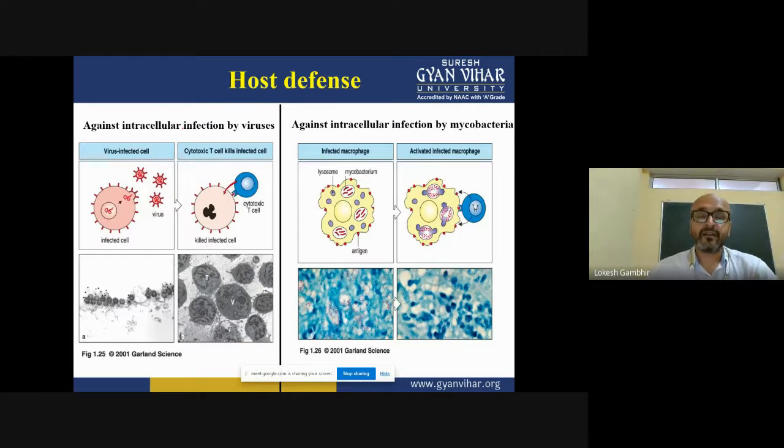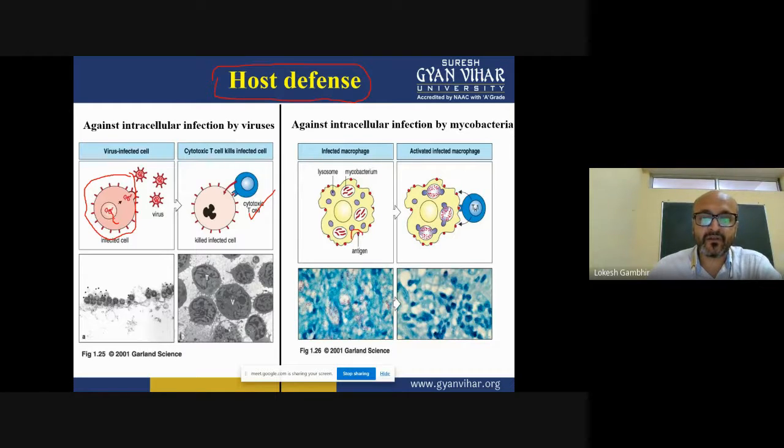Then we have another aspect of host defense, how our host is mounting the defense. You can talk about the intracellular antigens or endogenous antigens, the virus infected cells. The cells that have taken up the virus will process the virus, and after processing, it presents the virus antigen with the class 1 antigen, which will lead to the activation of cytotoxic T cell. Whereas if you talk about, let's say, Mycobacterium tuberculosis, which is again a classical example,